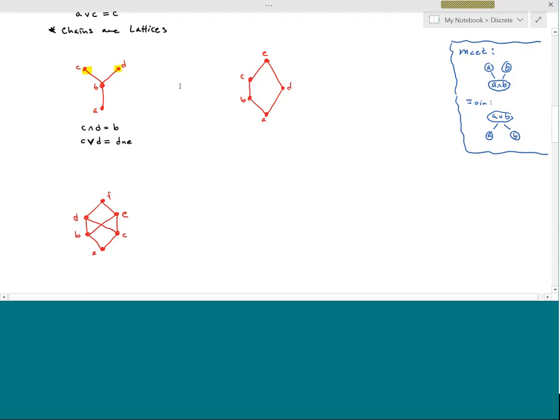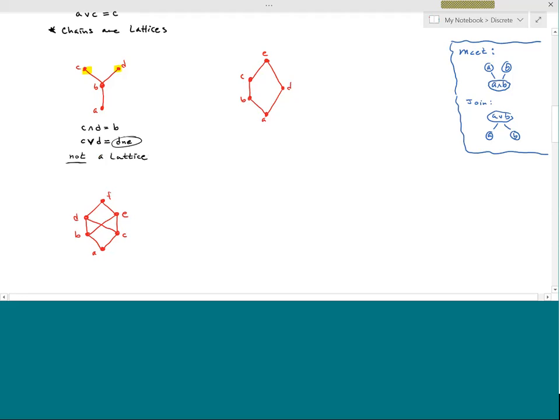Now, conclusion, can this poset, or the Hasse diagram of the poset this represents, could that poset be a lattice? What do you guys think? Is it a lattice or is it not a lattice? Got to fill in the blank there of is a lattice or is not a lattice. Correct. So this one here would be not a lattice,